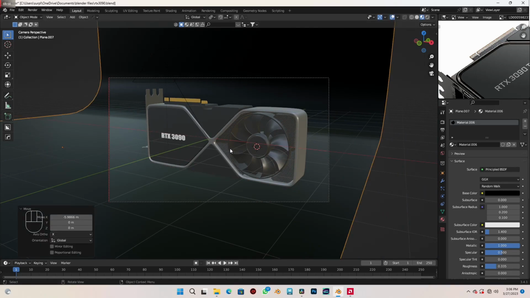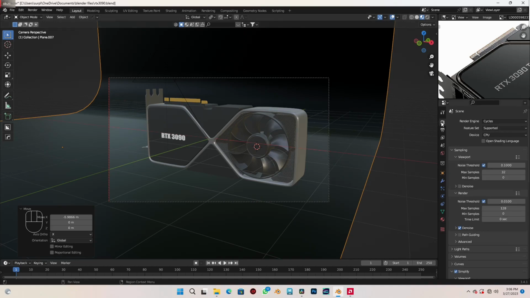Okay, so I want to use Cycles to render this out. So come over to the Render Properties tab here, and if yours isn't on Cycles already, just change it from Eevee to Cycles, and make sure the noise is checked in the Render tab here, and in the maximum samples, I want to change this to 500 samples. Okay, so with that done, just press F12 to render your scene out, or come over to Render and select